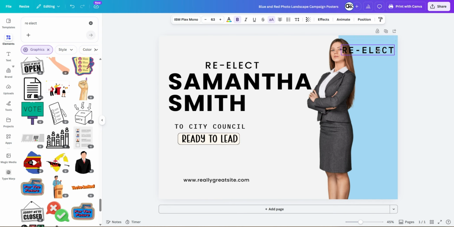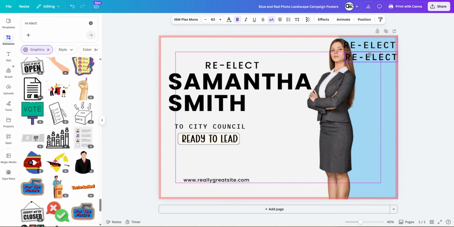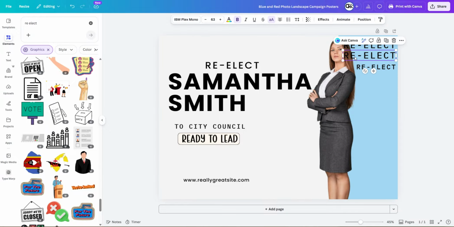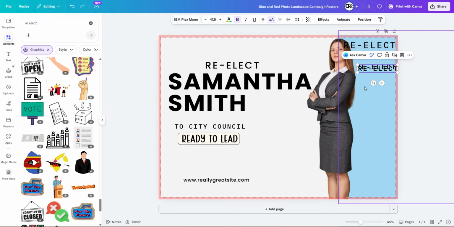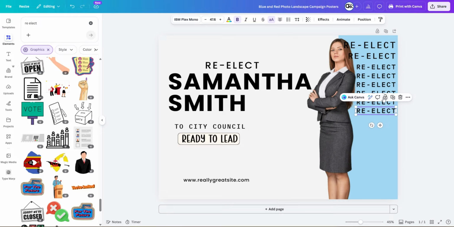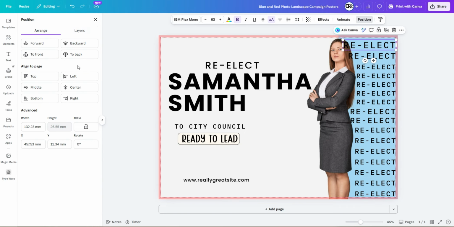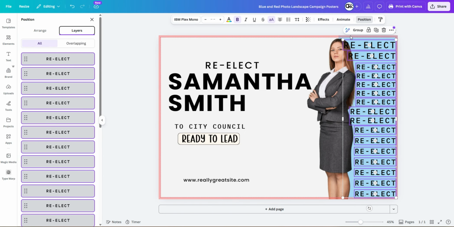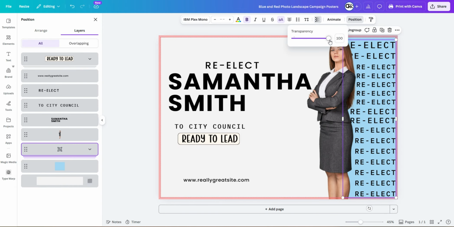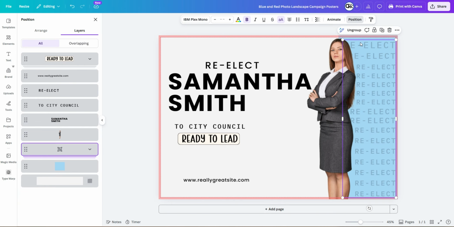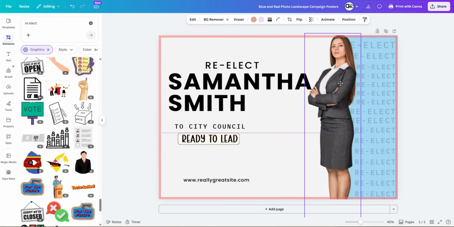To give the background more texture, I'll create a new text box and type Re-elect. I'm going to copy and paste this multiple times to create a vertical column of text. I'll move this entire group behind the candidate's photo and significantly lower the transparency so it creates a subtle repeating pattern in the background. Finally, I'll do a quick check of the alignment and spacing to make sure everything looks